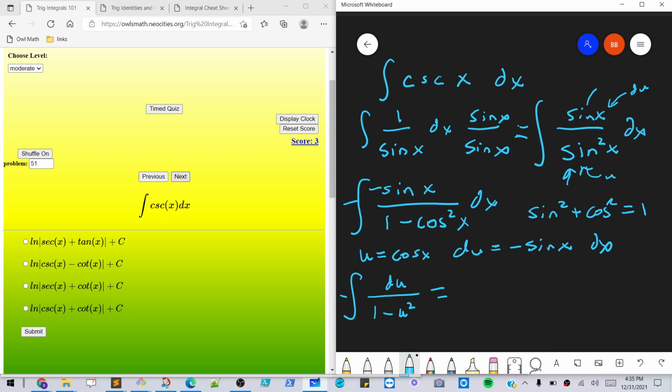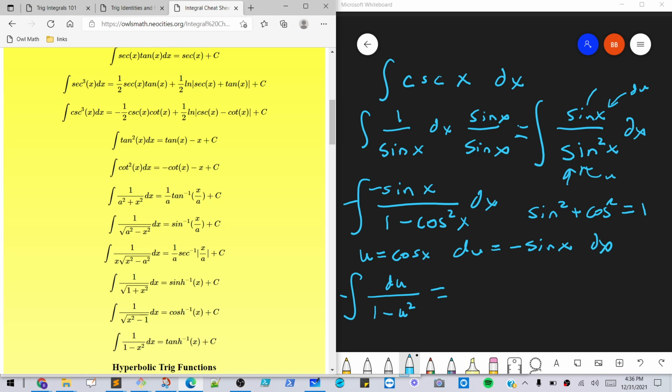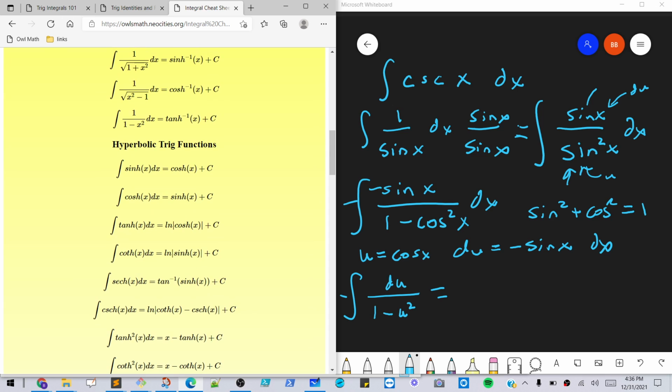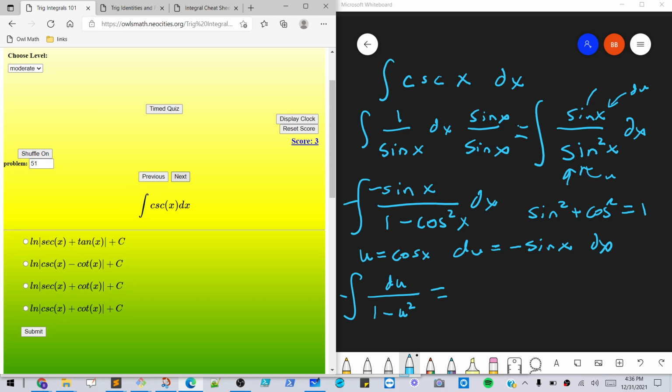And then I think we can do this without partial fractions, just because I don't feel like doing the partial fractions right now. Let me see. Okay, let's do the partial fractions. So we end up, we're going to write this like this. We're going to separate this as